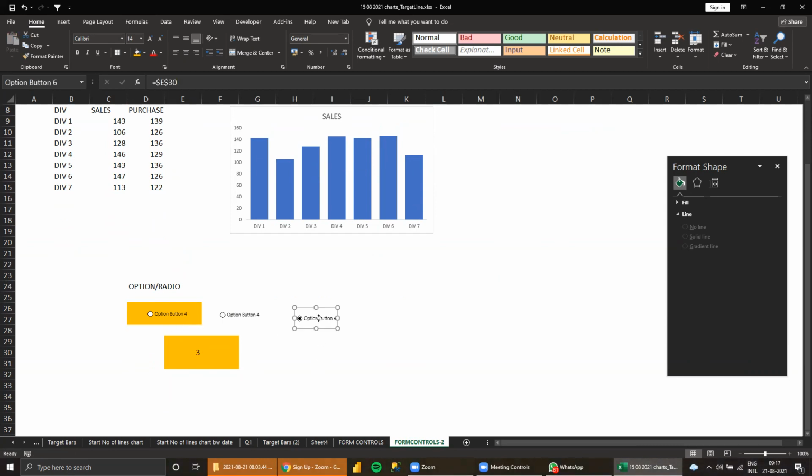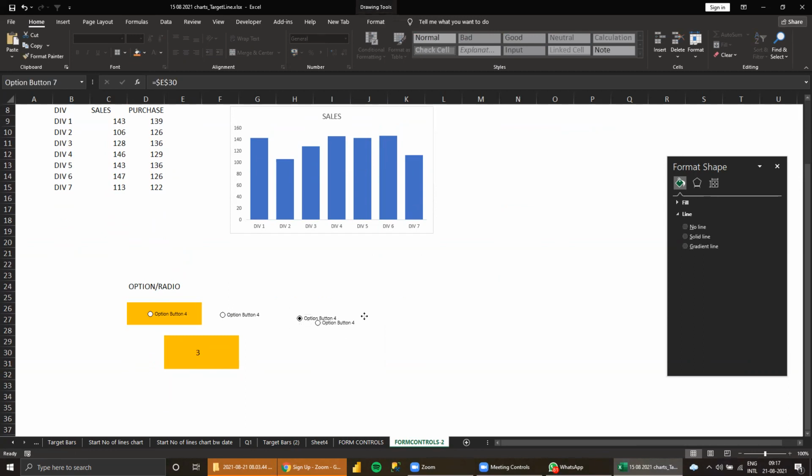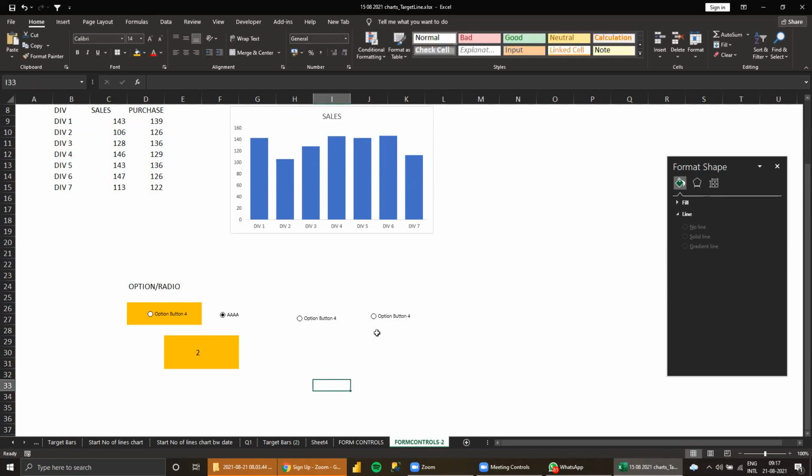Suppose I copy paste again. You can change the name, whatever the name, accordingly you can rename it. Suppose I pasted another, say 4.